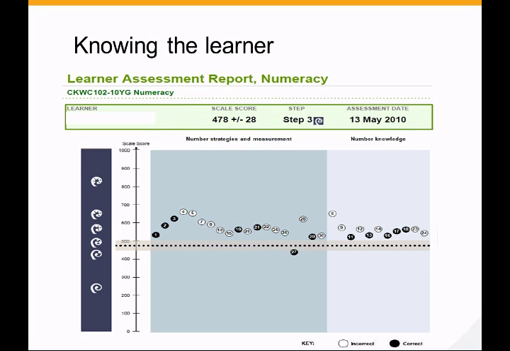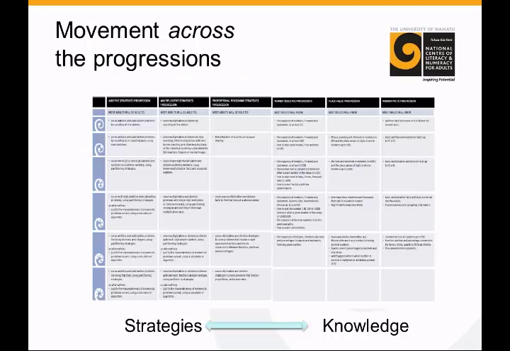When we assessed learners, many of them were at step 3. And so now we've adequately mapped our demands at step 6-5, and we've also assessed learners, and we can see they're at step 3. Part of this process, of course, is moving learners forward. If learners are at step 3